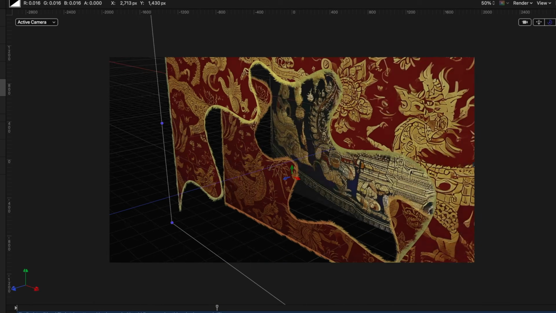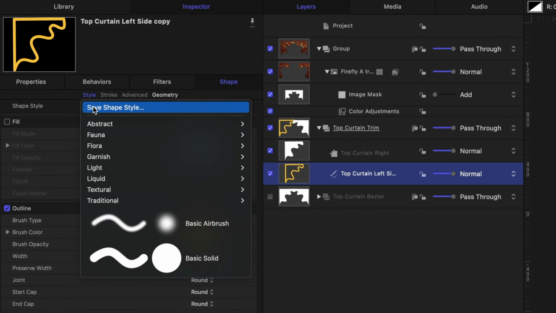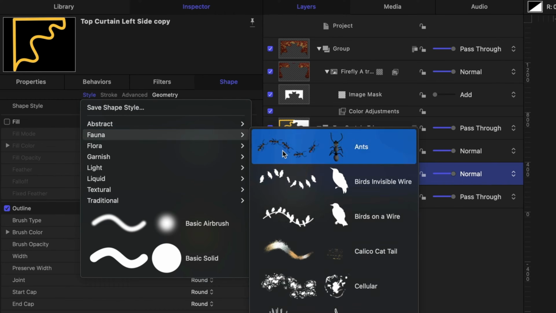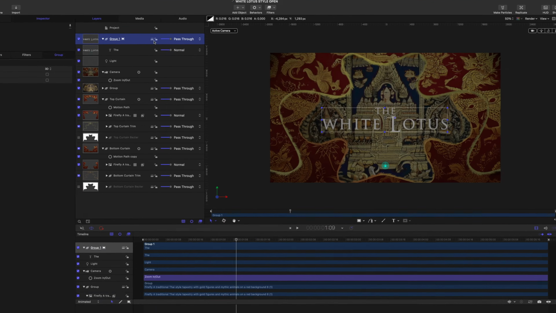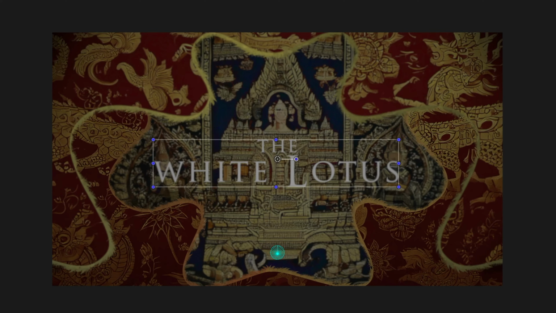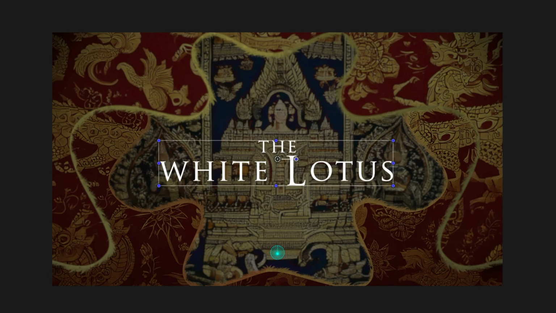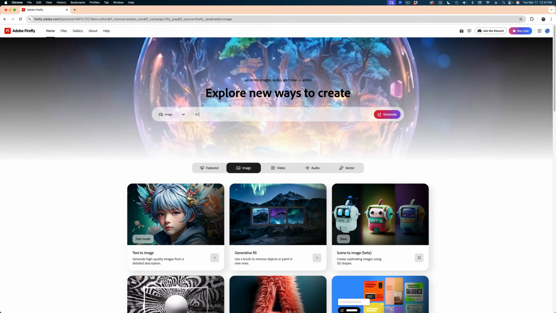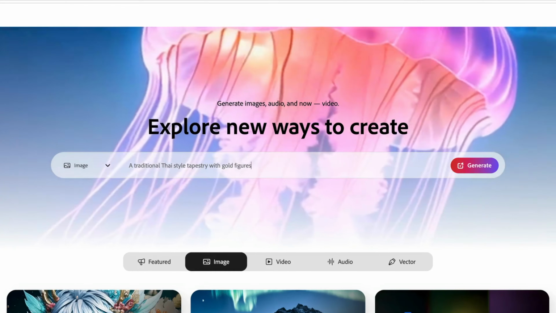tutorial. We're going to be talking about working in 3D space. We're going to be talking about creating shapes and customizing the style of them. And I'm even going to show you how to make some objects be affected by the 3D camera in Apple Motion and others, like this text, not. So we're going to cover a lot of ground, and I generated the artwork that we're going to be using